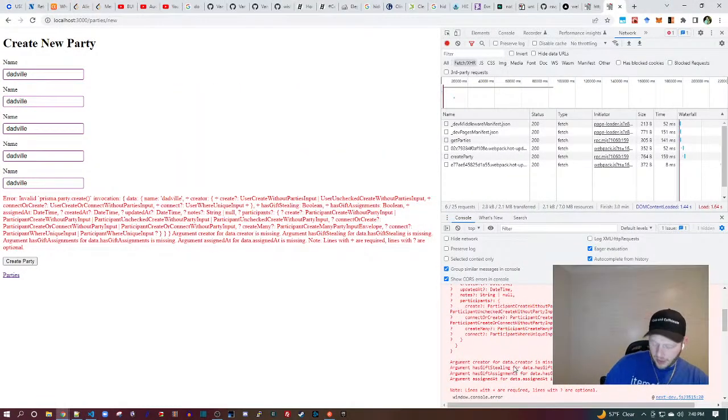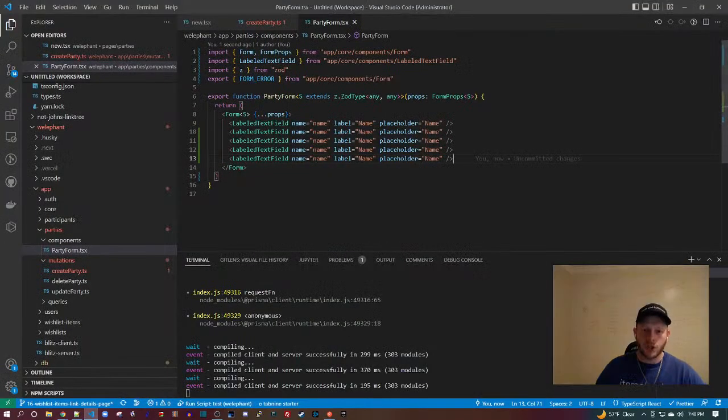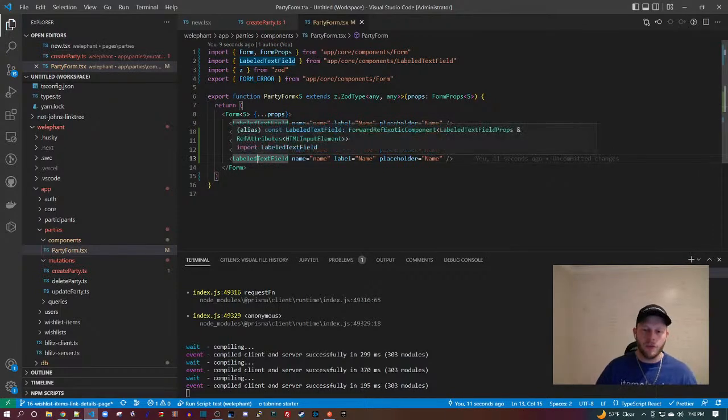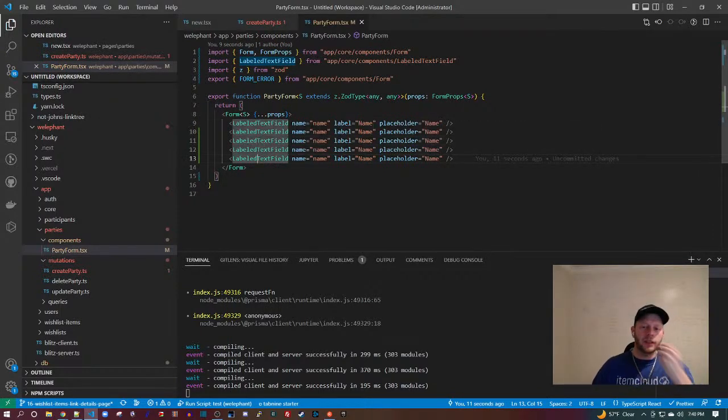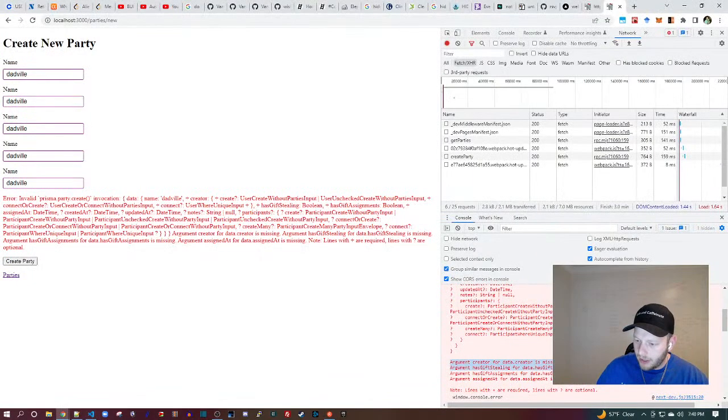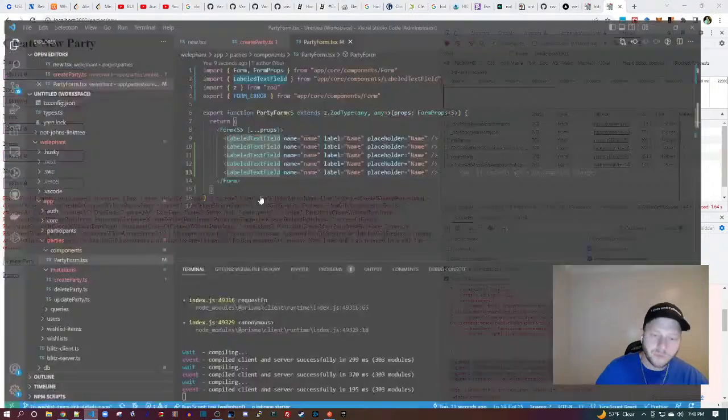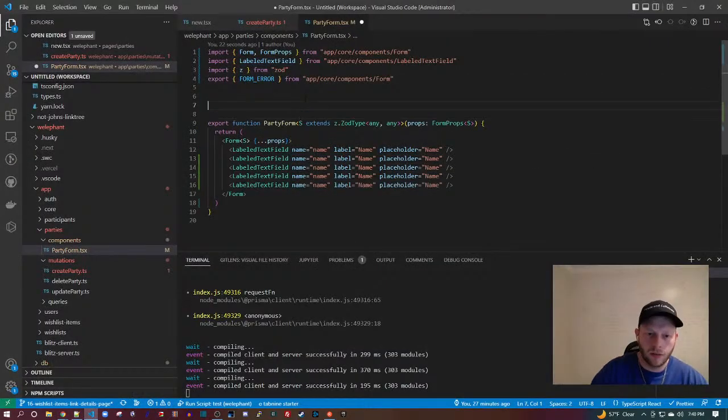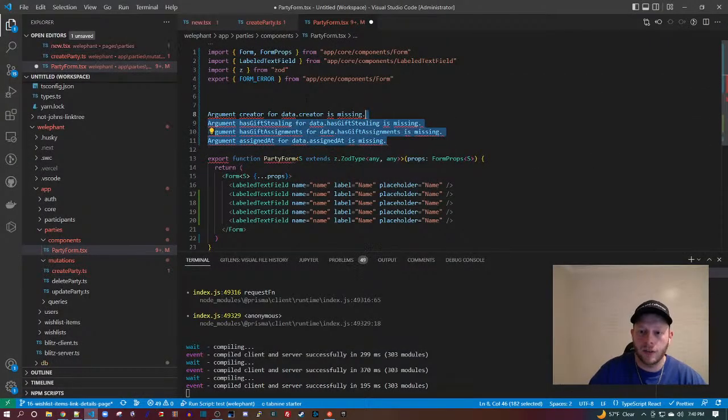All right, so over here, 1, 2, 3, 4 missing fields, 5 fields total. 1, 2, 3, 4, 5. So we have the 5 form elements. Now we need to name them all properly. What is being missed here? I'll just copy this from my console, paste it right here. Let's comment that. Okay.